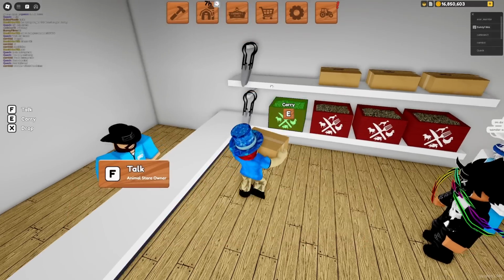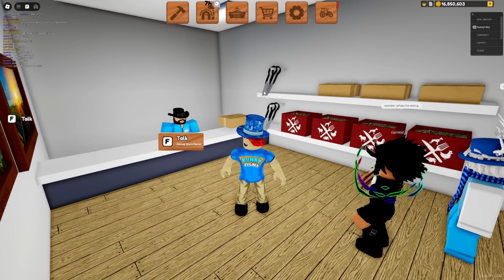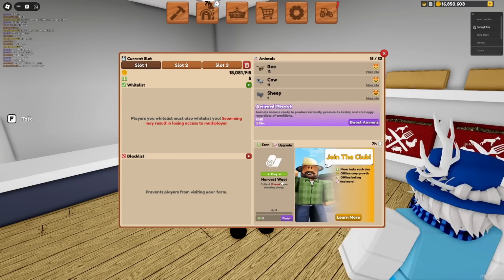And in case you didn't know about the last update to the game, bonds were added as a brand new form of currency. And the way you can get bonds is going over to the top tab here called Farm, and in the bottom right corner you have the Earn menu, and this is usually filled with quests that you can complete every day, and it will refresh every day. So as you can see, my quests will refresh in 7 hours,